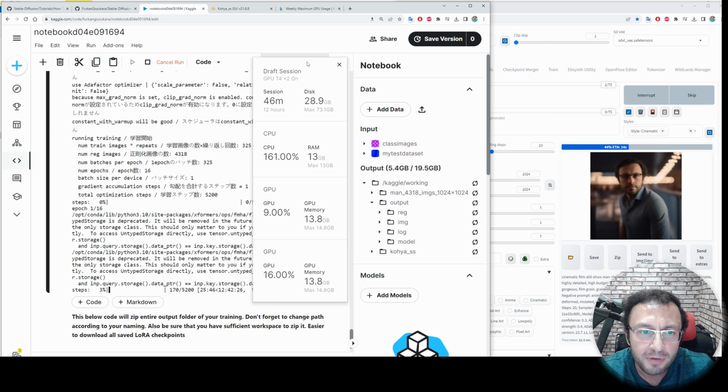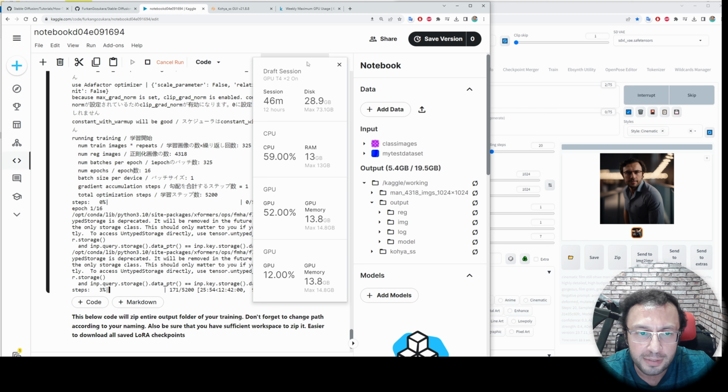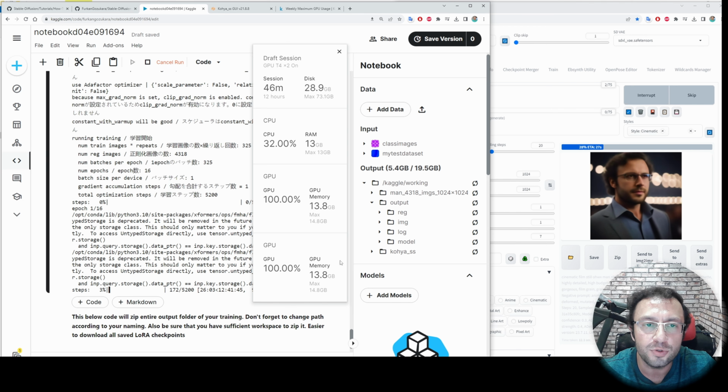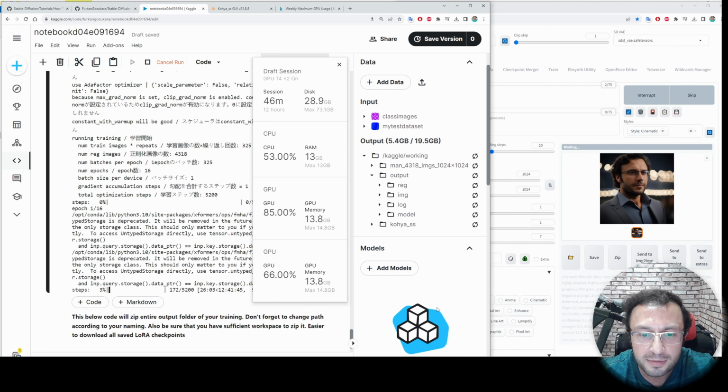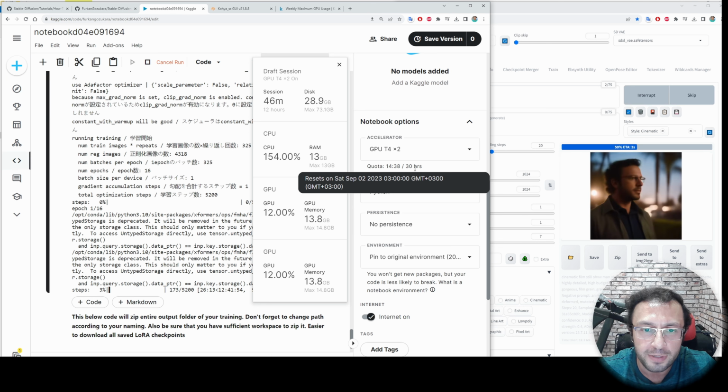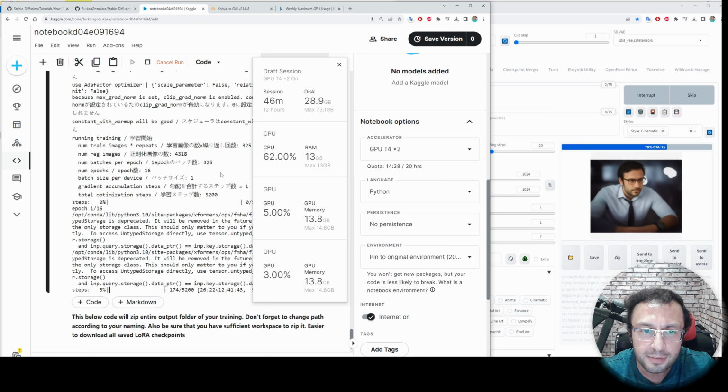You may be wondering why it is not working on a free Google Colab but working on a Kaggle account, because Kaggle is providing dual GPU as you are seeing right now even for free users. And it is amazing that they are providing 30 hours per week for free, 100% free. So Kaggle is the best alternative to Google Colab, and it is even better.